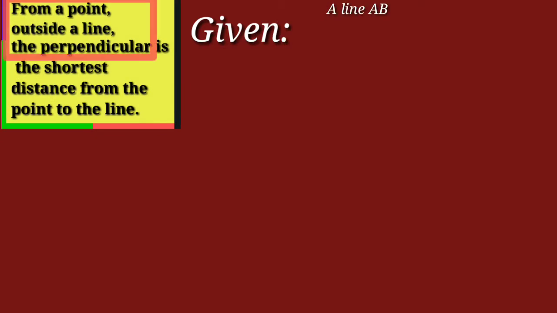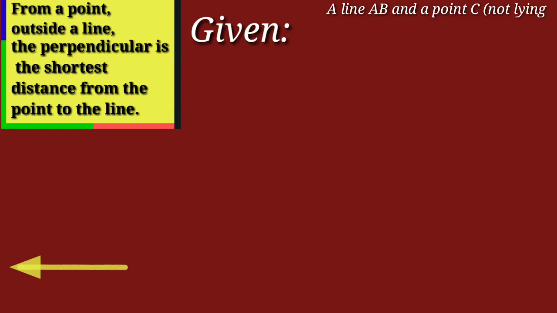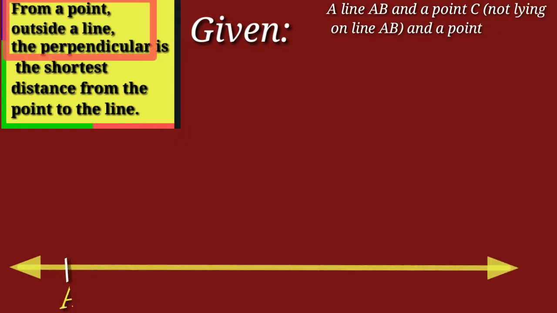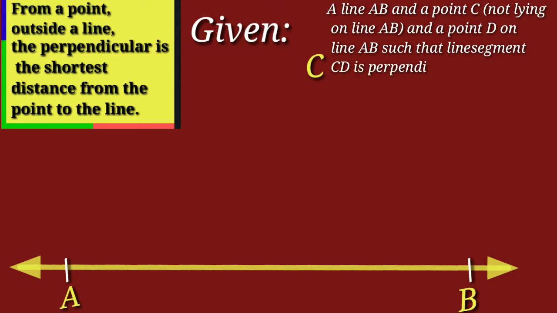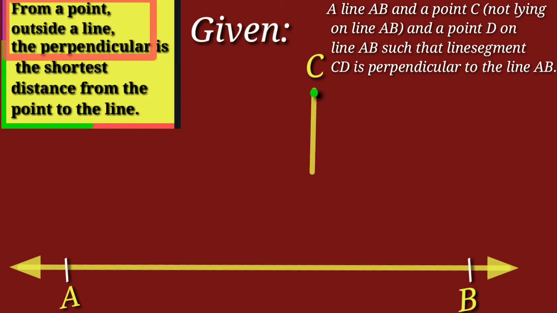In its given, a line AB and a point C which is not lying on the line AB, and a point D on line AB such that line segment CD is perpendicular to the line AB. Line segment CD is perpendicular to the line AB can also be written as